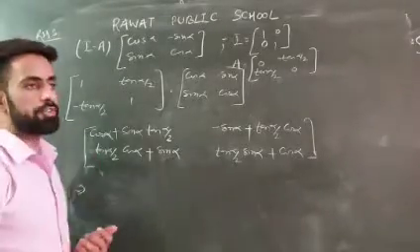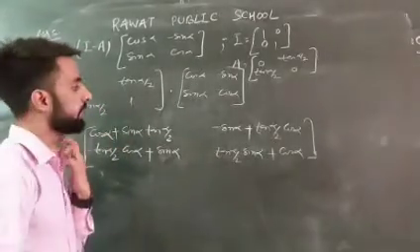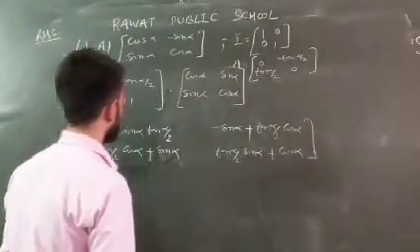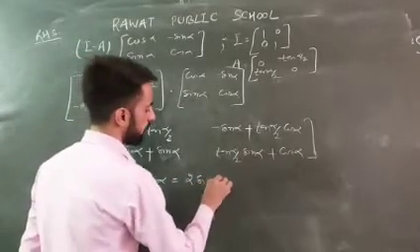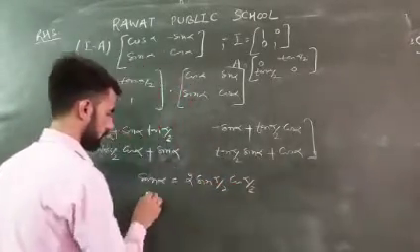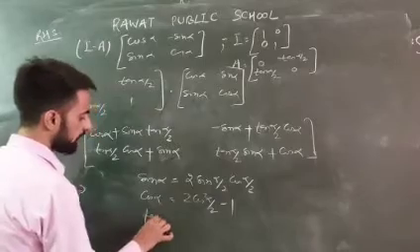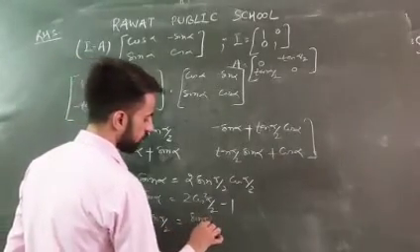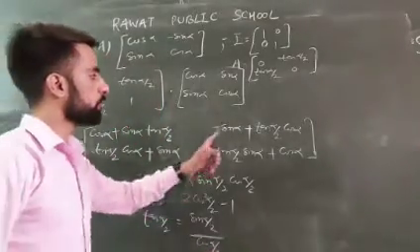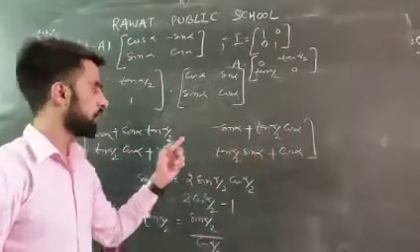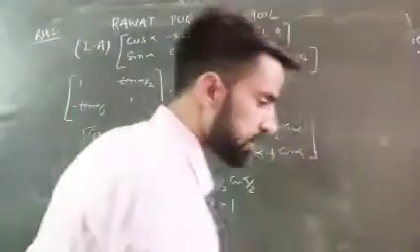Now we know that there are half theta formulas that we can use here in place of cos alpha, sin alpha, tan alpha by 2. In place of every term we can put the values. The formulas I am recalling: sin alpha can be written as 2 sin alpha by 2 cos alpha by 2. The cos alpha can be written as 2 cos square alpha by 2 minus 1. And tan alpha by 2 can be written as sin alpha by 2 upon cos alpha by 2. So these three half theta formulas I am going to use and put at every place in this question. So let's put the values here.